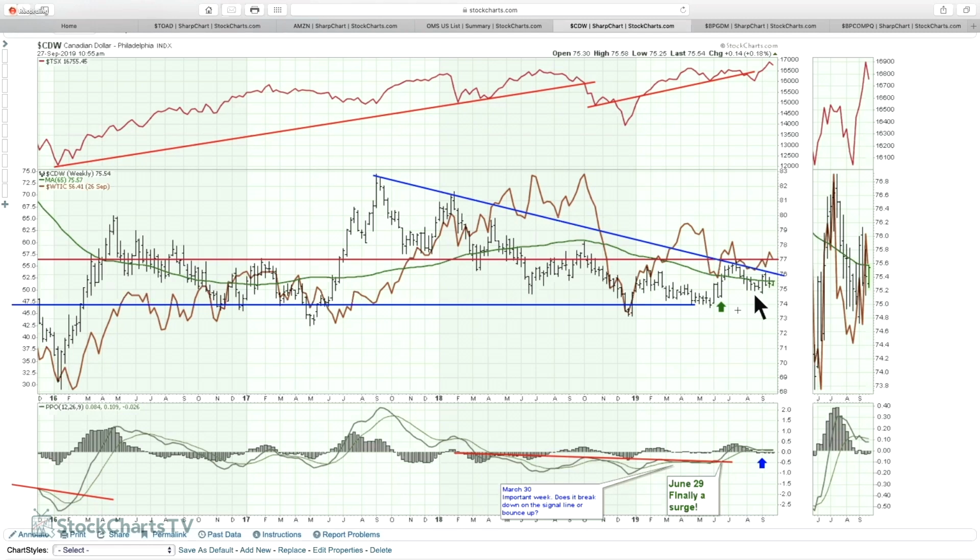We're stuck right in the middle of the range where we have been for the last year and a half. So no real change. Actually, you can go all the way back to 2016 with a brief moment where you could have bought money a little cheaper. But right now, momentum is absolutely flat, nothing going on.